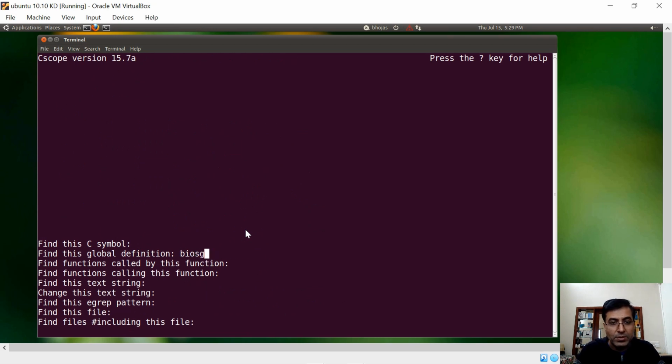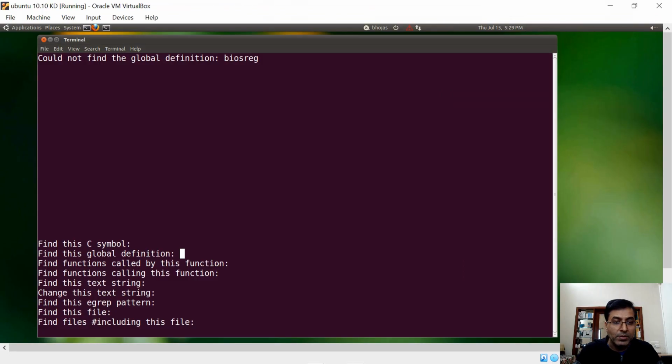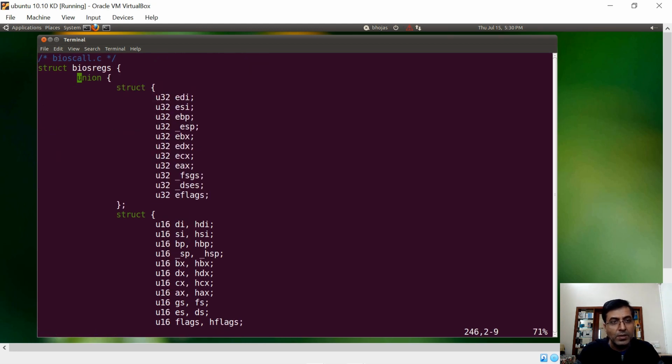So let's go and figure out what the exact keyword is. BIOS regs, sorry about that. So look into this carefully, right? We have registers, which is a union. So you have a structure called BIOS registers, which is a union.